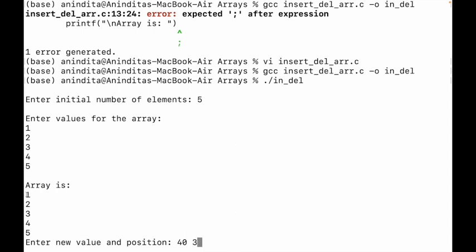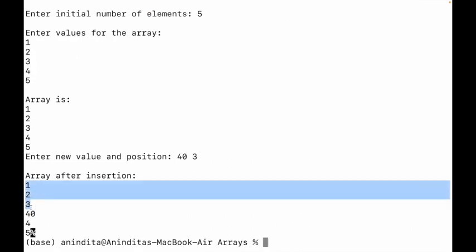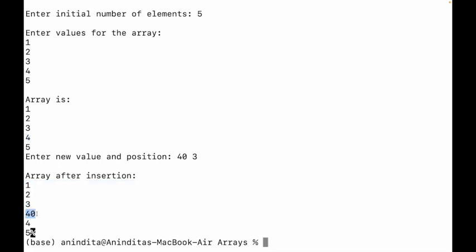Now which one is the 3rd position? So this is the 0th position, 1st position, 2nd position, 3rd position. So I am supposed to have 1, 2, 3. Then in place of 4, I am supposed to get 40, and then 4 and 5 should come after this. So see, that's what we have got. 1, 2, 3 we have got. And wherever the 4 was, instead of that I have now got 40, and then